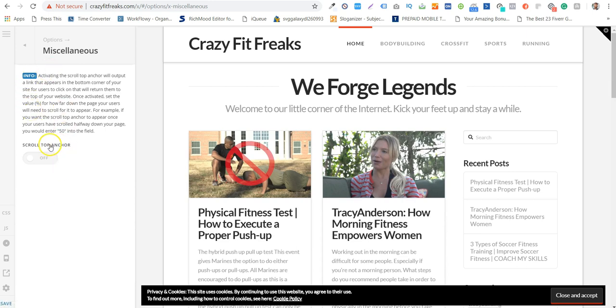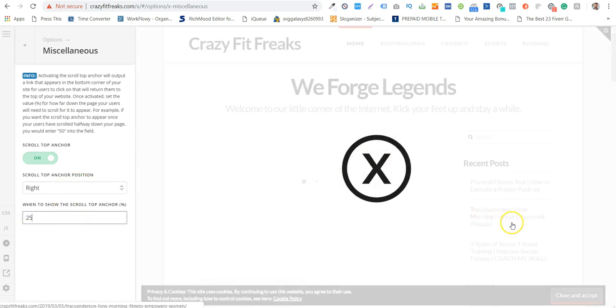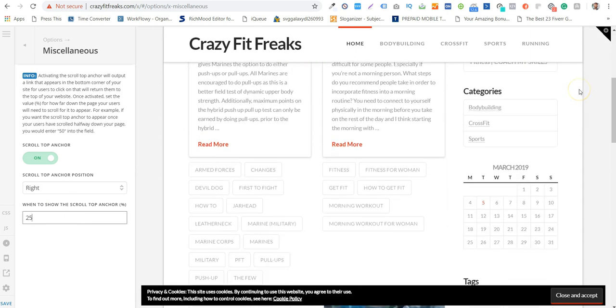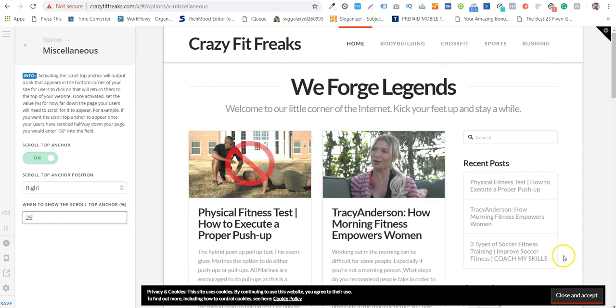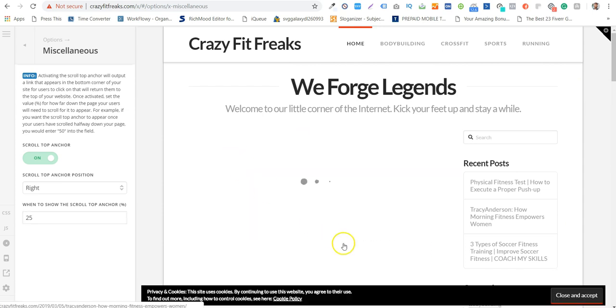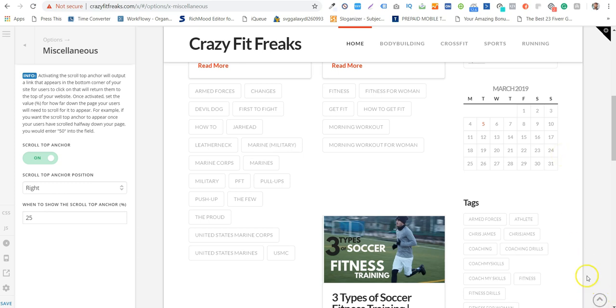And let's see, what do we have here? Scroll to top anchor. Yeah, I think that's fine. This is basically a button that will come up whenever someone scrolls X amount of your website, and I'm not sure why it's not showing up here, but let's see. Yep, it's showing up here, so that was getting kind of overlapped. But yeah, anyway,